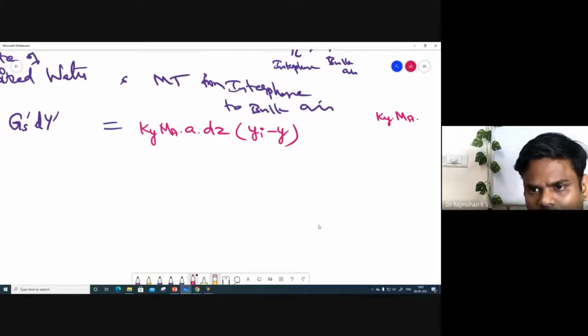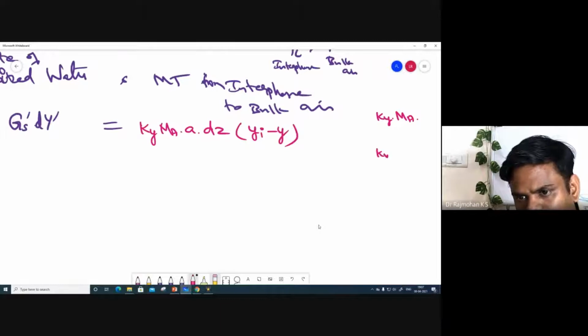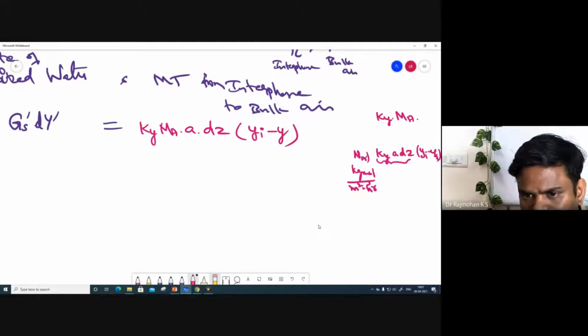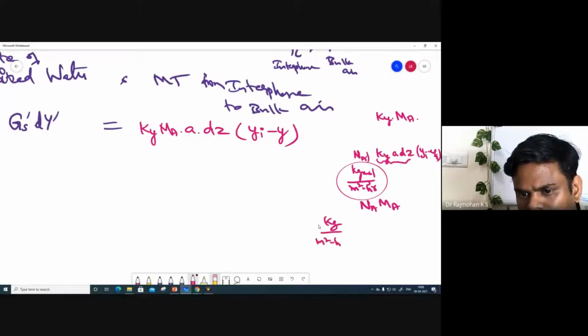Because when you simply say ky into a into dz into (yi minus y), it is Na. But Na is in kg moles per meter square hour. If you want to get it in terms of kg per meter square hour, we have to multiply this Na by the molecular weight, so Na into Ma gives kg per meter square hour. So for that only we are writing it like ky Ma into a into dz, that is the interfacial area,